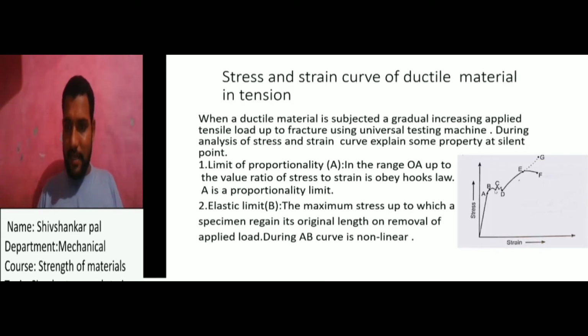He said that point E is the maximum load in the universal testing machine. The load is gradually applied up to the maximum point E. Up to point E, the maximum elongation and maximum deformation of area, length, volume and width occur, that is the maximum change. So that is the ultimate point of the material under the applied load.